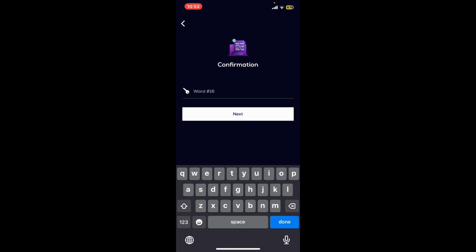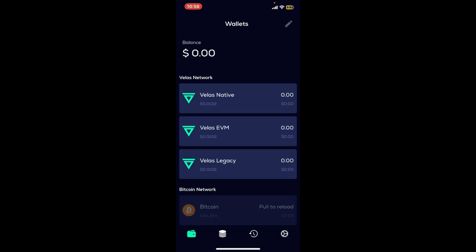As you can see it on the screen, it is asking me to enter the word which is from the 16th symbol number. Go ahead and enter the word and tap next again. Now once you are done, you will be able to see your wallet displayed on the screen, which means you've successfully created a wallet. Now you can start exploring its features, including storing various cryptocurrencies like VLX, BTC, Ethereum, and